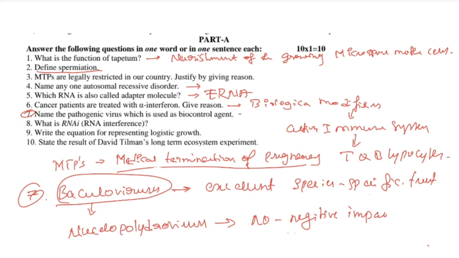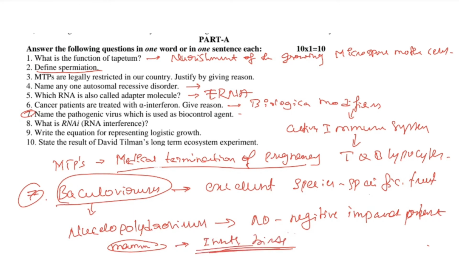Okay, these are very species specific, and these viruses also have no negative impact on the plant, which is a very good move, right? It is not harmful even to mammals. But these are directly harmful for very small insects and even for some birds also. So some birds also get infected by these particular viruses.